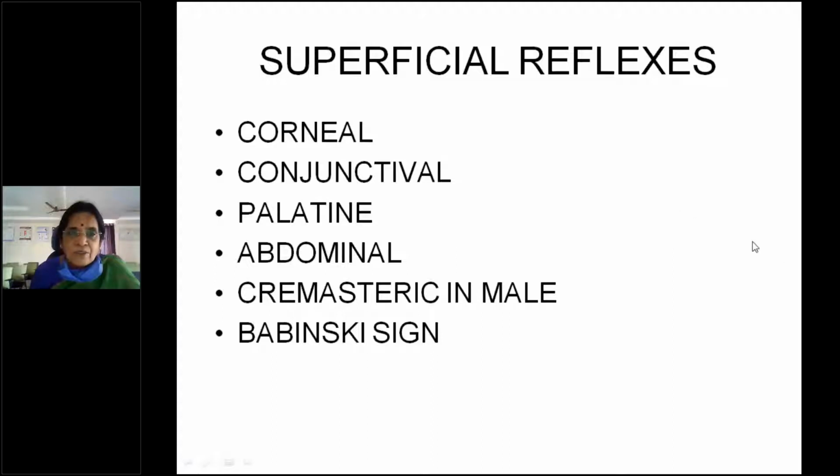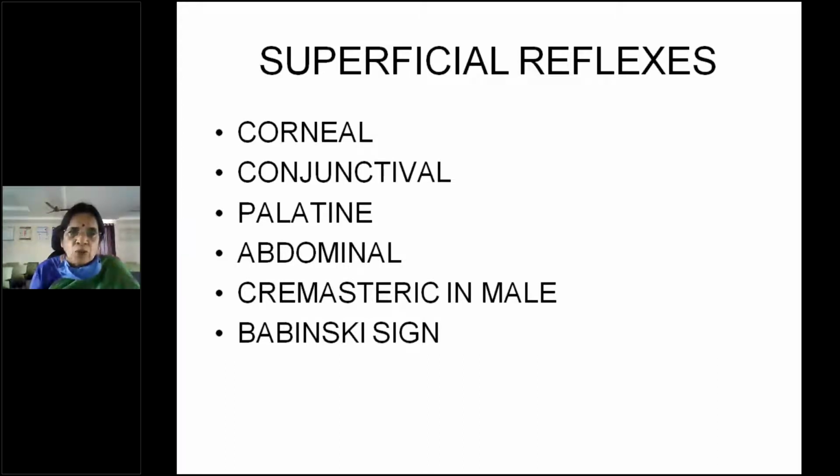Then under motor system, I have covered that you have to write the nutrition, power, tone, and then superficial reflexes, deep reflexes, then coordination, and finally the abnormal movements. So I have completed the nutrition aspect, and then the muscle power and tone I have explained, and reflexes. As far as the reflexes are concerned, you have to write superficial reflexes first and then go for the deep reflexes, not vice versa. So under superficial reflexes, you can write corneal, conjunctival, palatine, abdominal, cremastic in a male, and